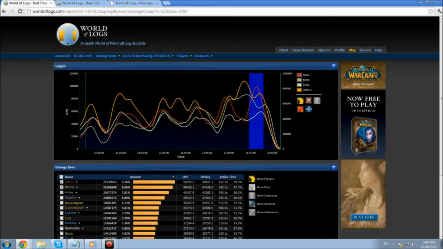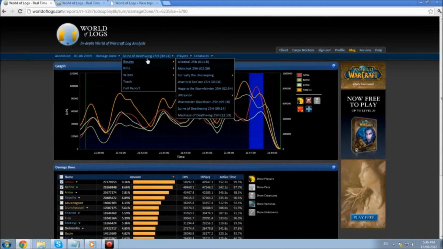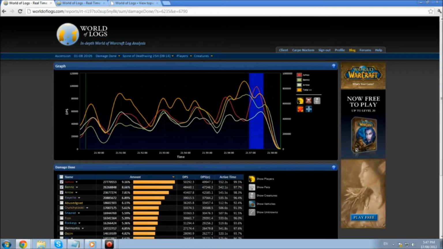I'm going to be going into a bit more detail with the log browser and the expression editor. If you watched the basic video, I'm going to be using the same parse of this player, Bubbles. But I'm going to be looking at his Spine this time. So let's say I want to look at how a really skilled player handles the burst demands for Spine